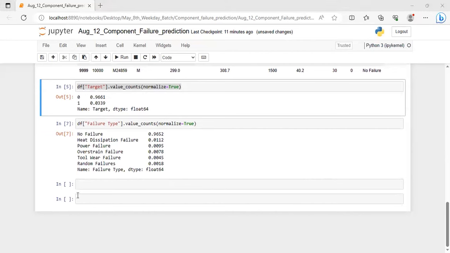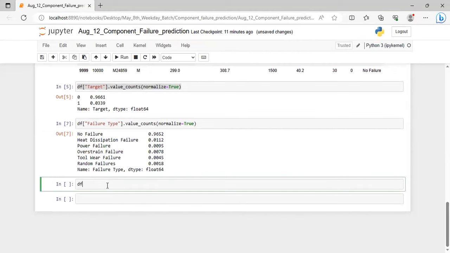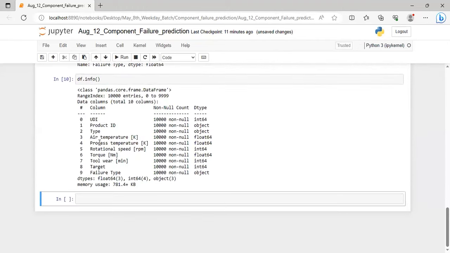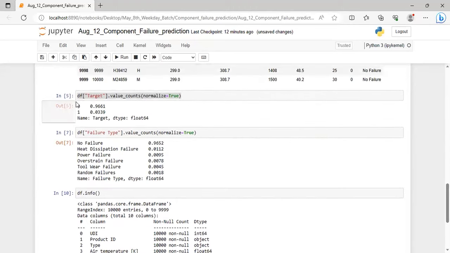And let's see what the data types are. So df dot info. So these are the basics. The ID is there, that we don't require in the prediction. UDI, product ID. These are not required basically. And type is the object type. Naturally, we have 3 types. You can also see what these 3 types are. So df